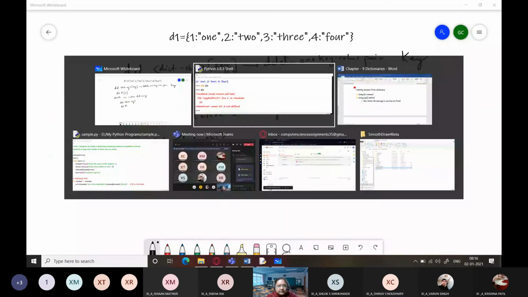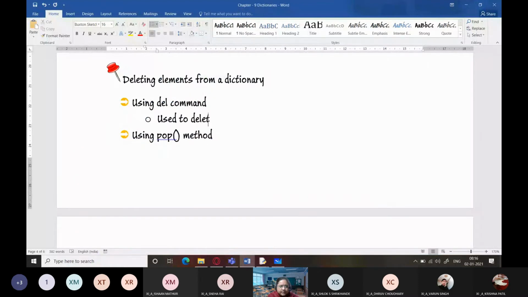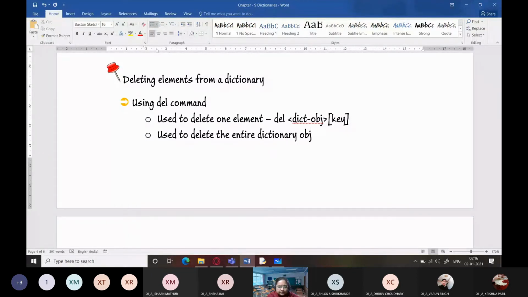So the del keyword is used to delete one element. And how do you write that? Del dictionary object and the key. Next is used to delete the entire dictionary object. How do you write? Del dict object.